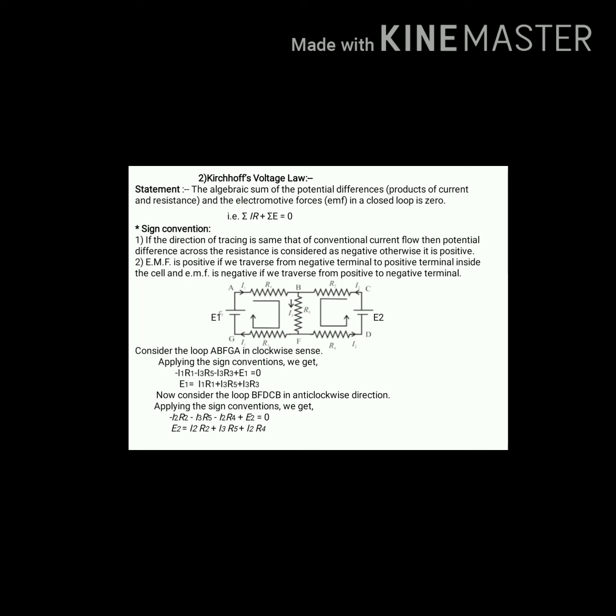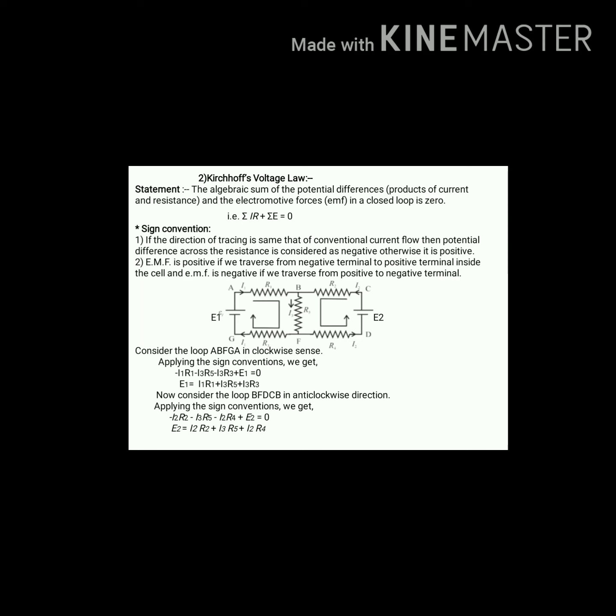in the anti-clockwise direction. Then again here I2, that is the current which is flowing, the direction of tracing is the same, that is the conventional current flow. I2 is the current flowing through the resistance R2, so it is considered as negative. Then next I3 into R5 is also considered as negative, and again I2 into R4 is also considered